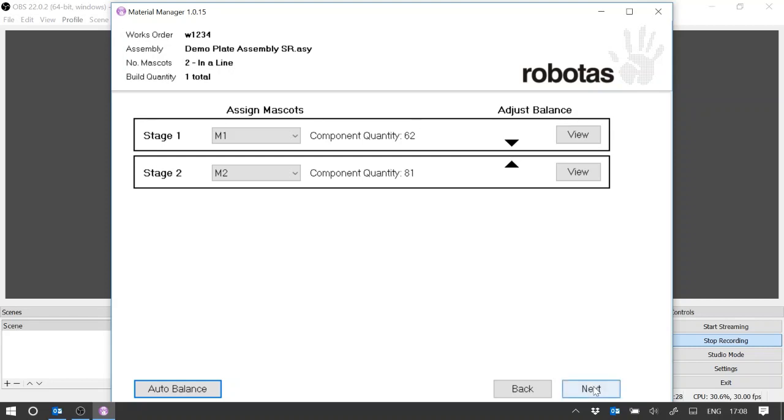The next stage is to load the material into the carousels for storage away from the line side. As you can see here, we have the 2 stages, stage 1, stage 2, mascot 1, mascot 2, and the individual component quantities. I've automatically balanced the line. My next step, by selecting Next, is to produce a kit list. The kit list, if I look at that kit, would be a list of all the materials that are required for that kit. When I select Kit 1 here,